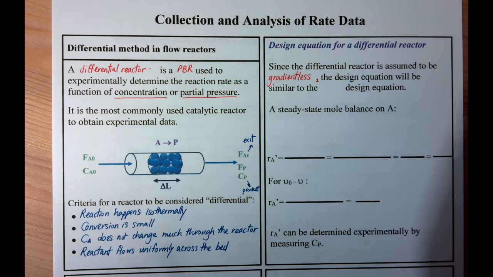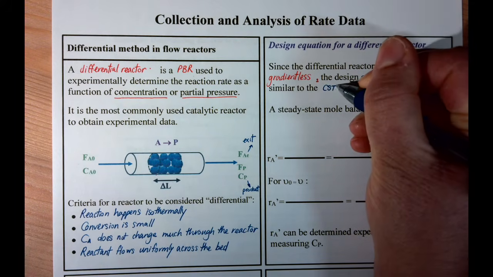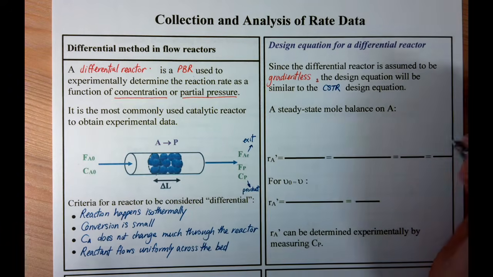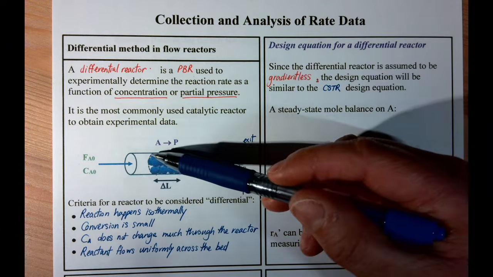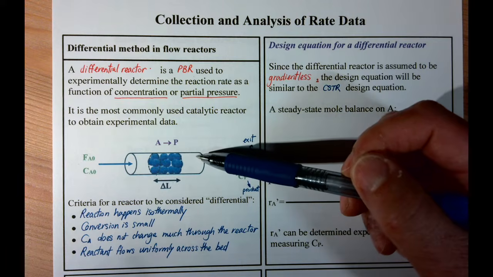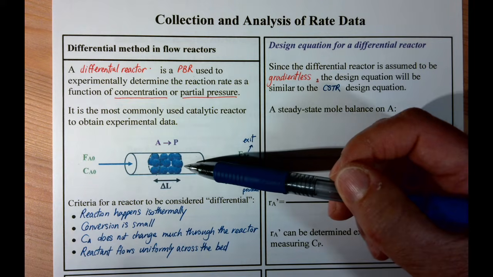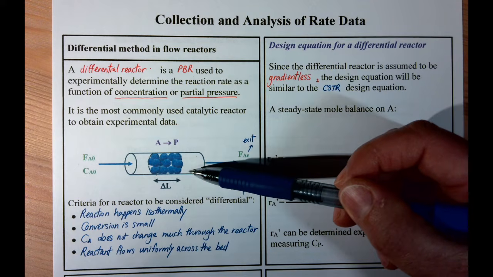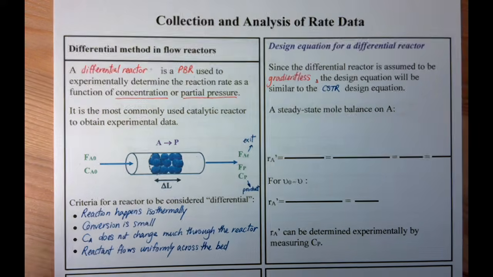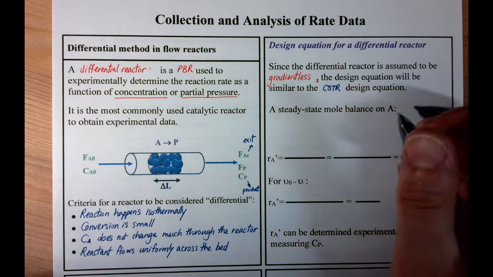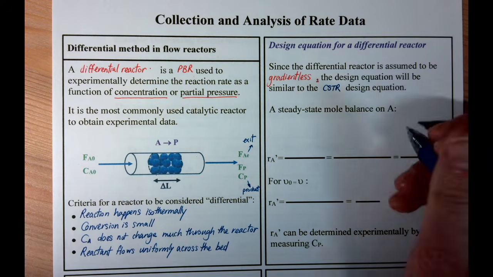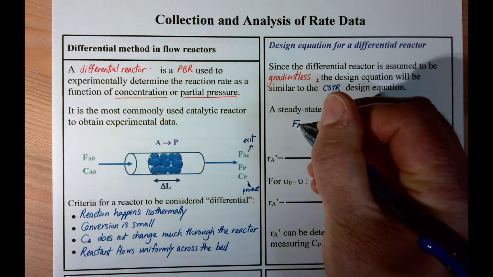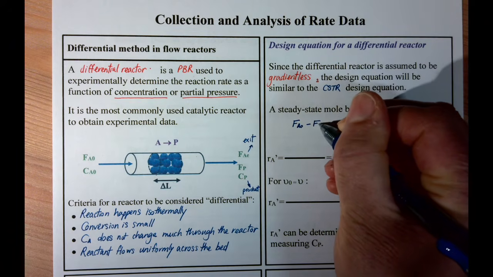The design equation will therefore be similar to the CSTR design equation. Even though it's a tubular flow and it's a plug flow, because it's so small, because there isn't a gradient, the concentration is not varying constantly throughout the bed, then we can treat it as if it were a CSTR. And the steady state mole balance on A is now going to be Fa going in minus Fa coming out